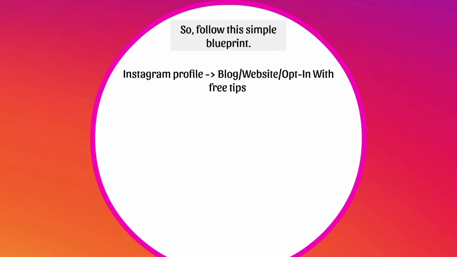Or if you have a brand, you can send them directly to your website and they can buy the products. But at the end of the day, you can use an opt-in with free tips or a squeeze page to build your list first. Because what I found is that a lot of times it takes 7 to 12 times to actually touch the person, get to know them before they actually buy.